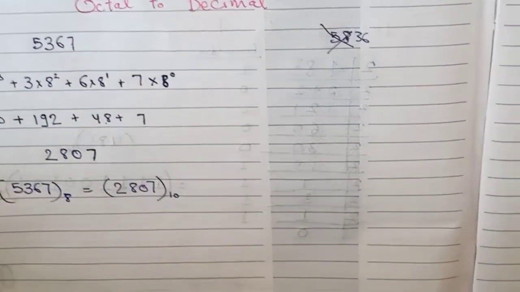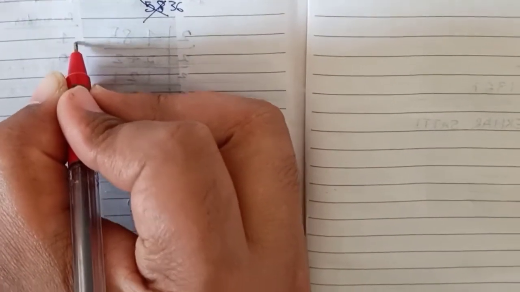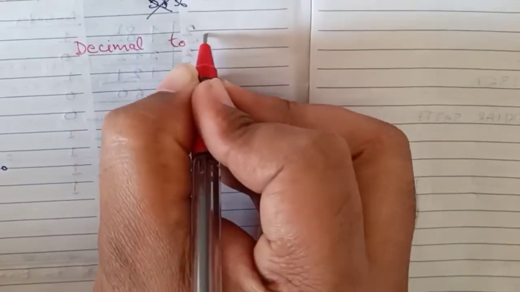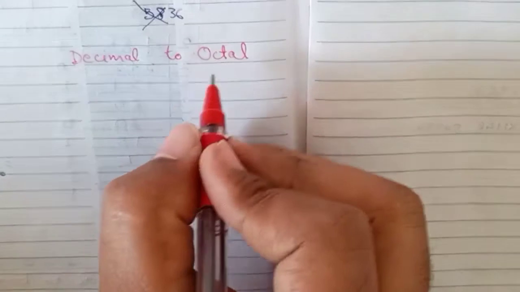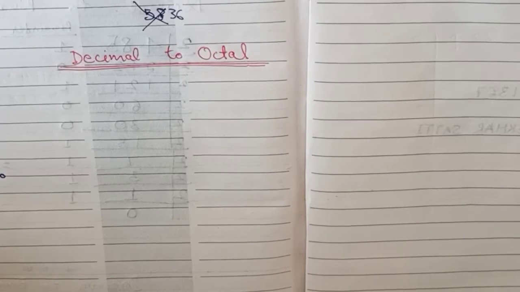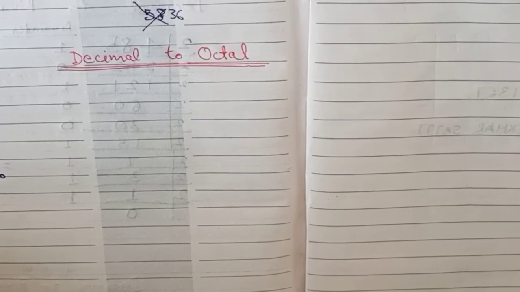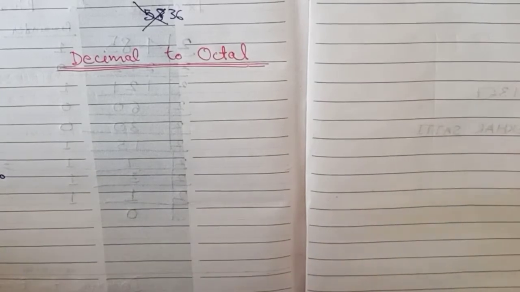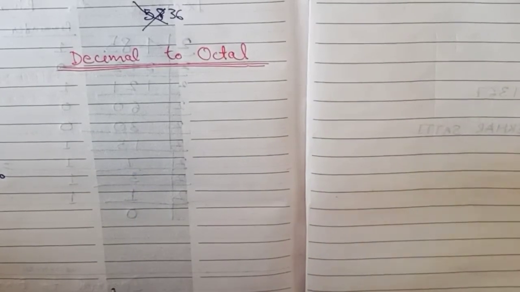So let us take the reverse of this example. Let us convert from decimal to octal. To give you an idea, while converting from decimal to octal, we will follow a similar cycle to what we did with the binary numbers. Just as we kept dividing sequentially and noting down the remainders, in the same way we will do it in decimal to octal.